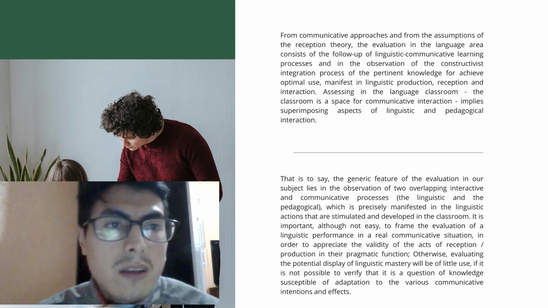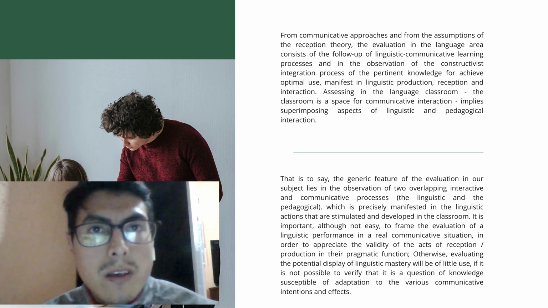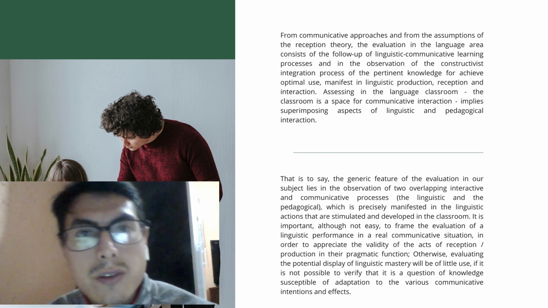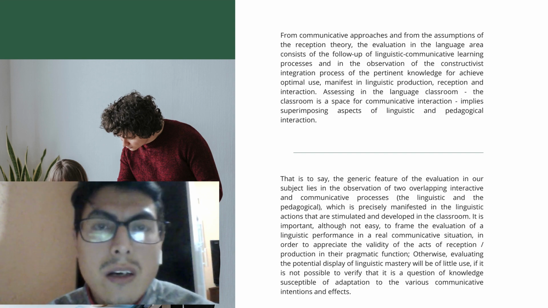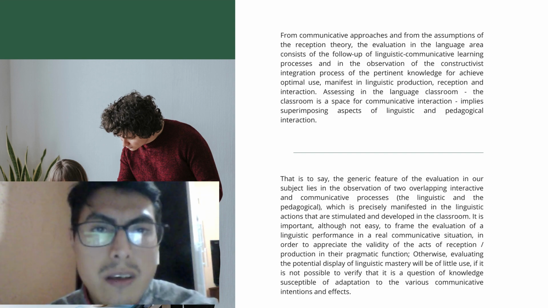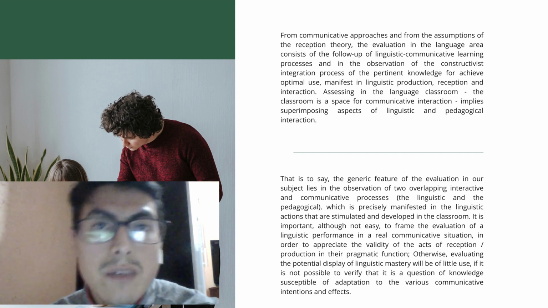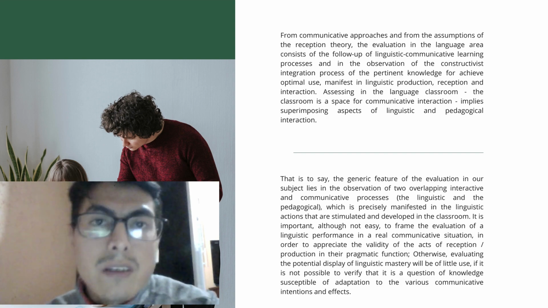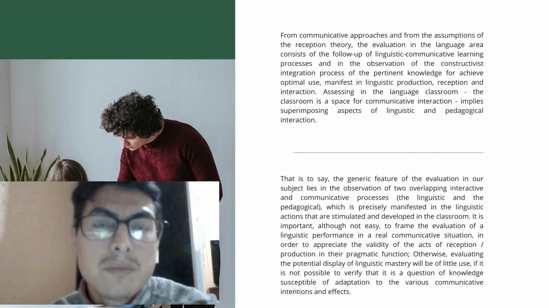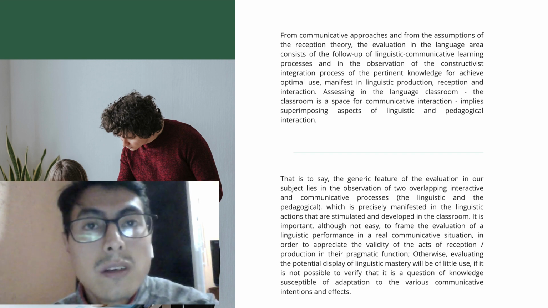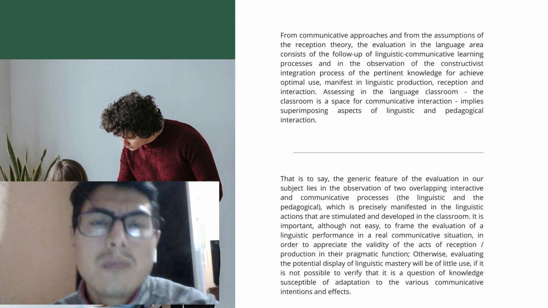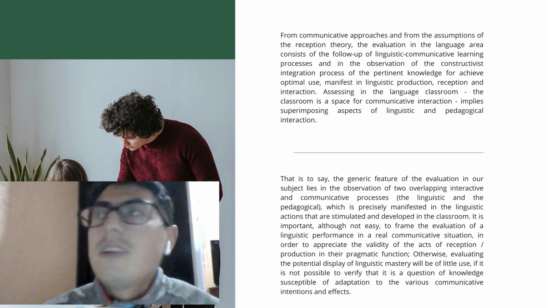That is to say, the generic feature of the evaluation in our subject lies in the observation of two overlapping interactive and communicative processes: the linguistic and the pedagogical, which is precise and manifested in the linguistic actions that are simulated and developed in the